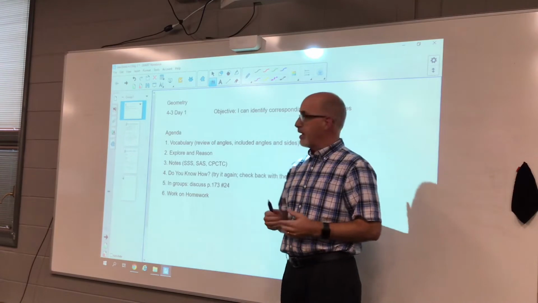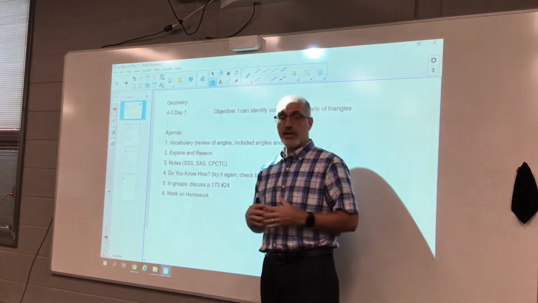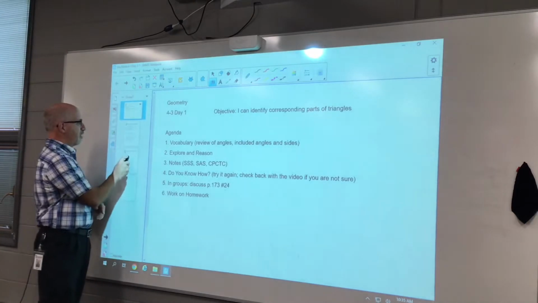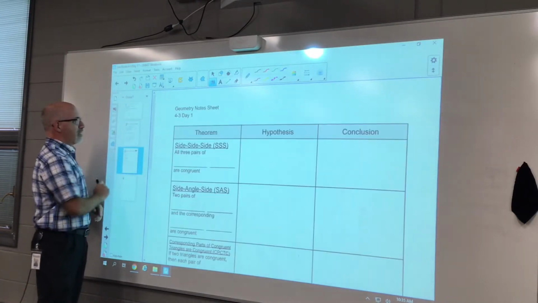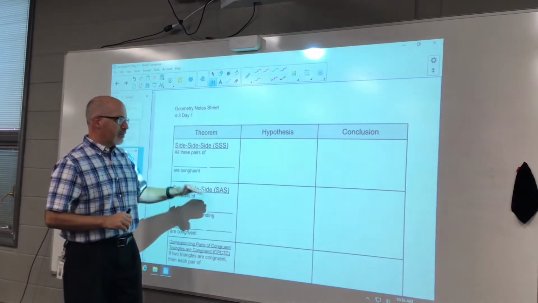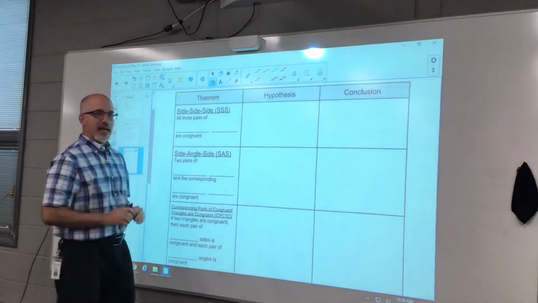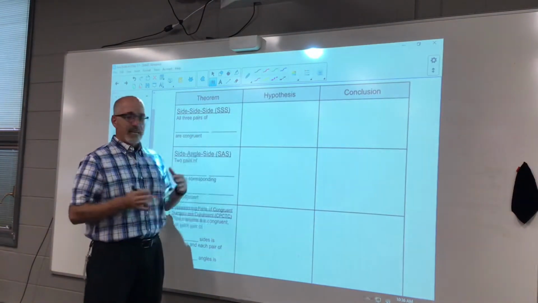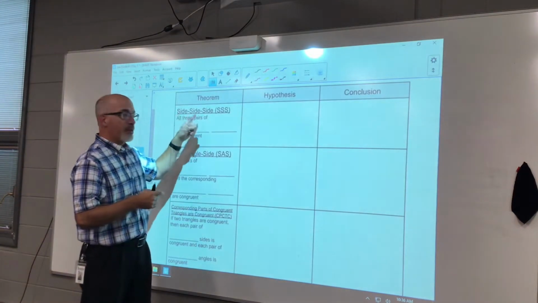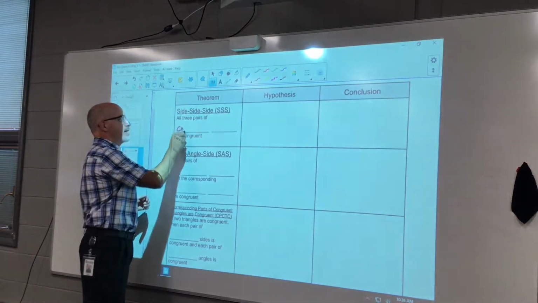So next on our agenda is to try some notes on theorems that we're going to use to prove triangles congruent, and also sides and angles in congruent triangles. So let's go to our note page here. So when we go to this, we're going to fill in this information here. These are going to be critical theorems for proving triangles congruent. So let's start with side, side, side. All that means, when we abbreviate it SSS, that means it's going to be proving a triangle congruent by finding all three pairs of corresponding sides congruent. So all three pairs of corresponding sides